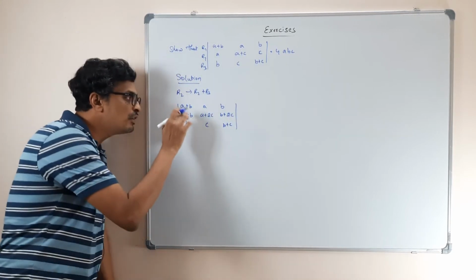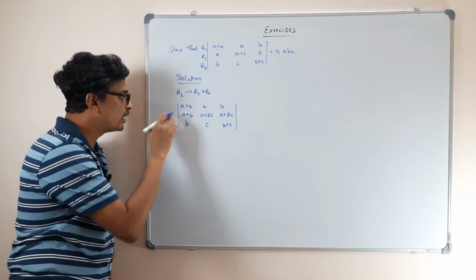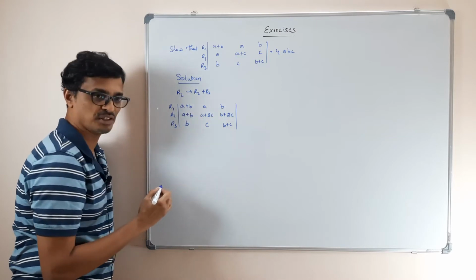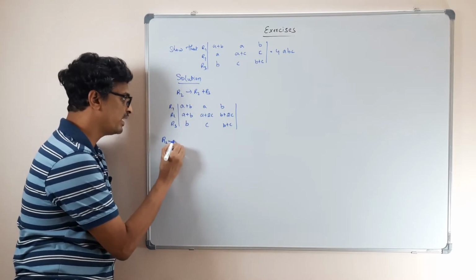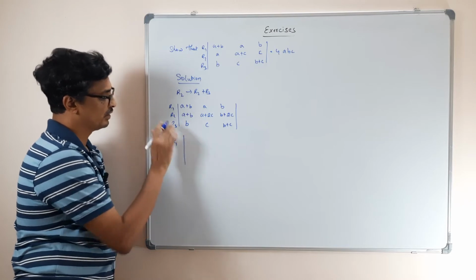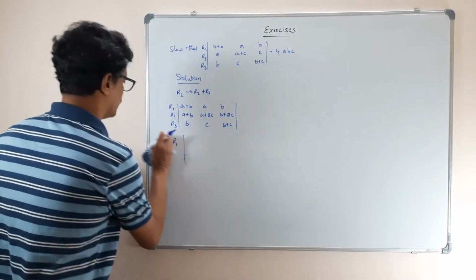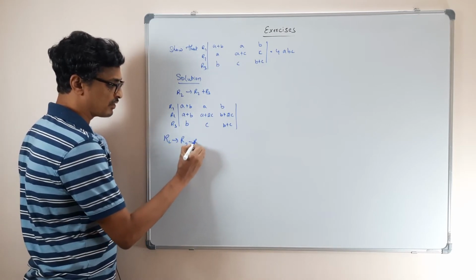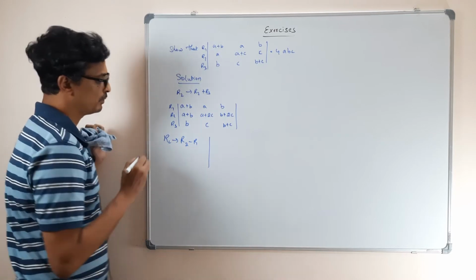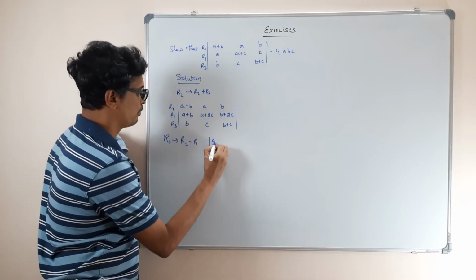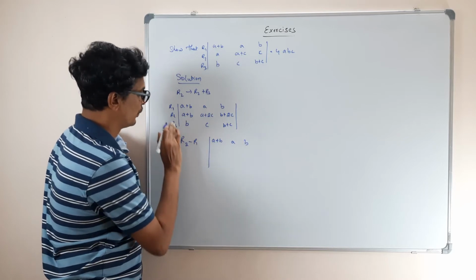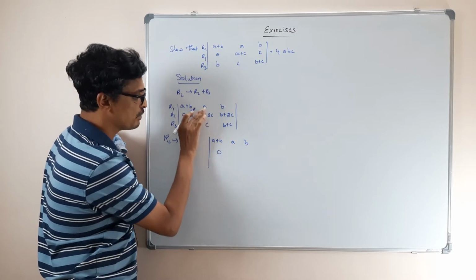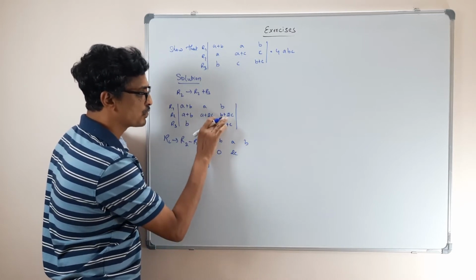Now, we want to make this 0. So this is R1, R2 and R3. I can take a subtraction of these two. So I will make R2 equal to R2 minus R1. What will this be? R1 is the same, A plus B, A, B. Now R2 is R2 minus R1. This becomes 0. A plus C minus A becomes 2C. B plus 2C minus B, again 2C.